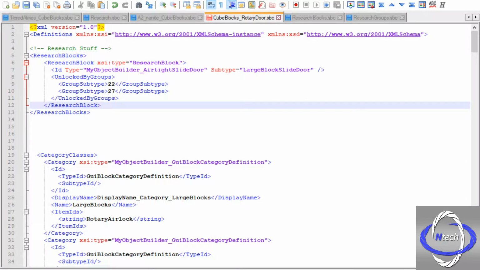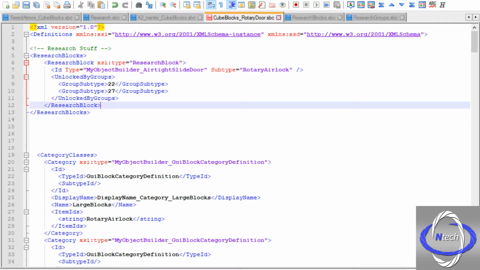I'll use these numbers. This will set it along with the other doors, but here's where the difference lies. You must put in your subtypes for your blocks, which mine are rotary airlock,